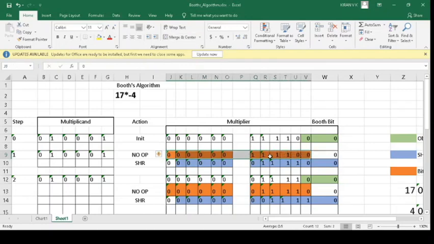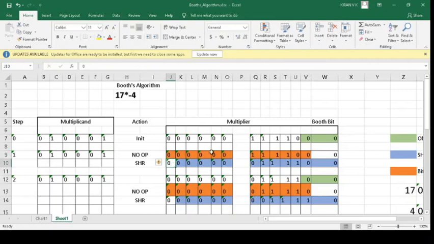So this entire sequence of bits will be shifted one position to the right. When you see them shifted one position to the right, you can observe them here. The LSB of the multiplier occupies the Booth bit position. So we have a new Booth bit here, and we have a vacancy here with this uncolored portion. Note that you should always fill this vacant spot with the earlier MSB of the left hand side part of the multiplier. The earlier MSB was 0, so that 0 should be repeated here. So this is the general rule.